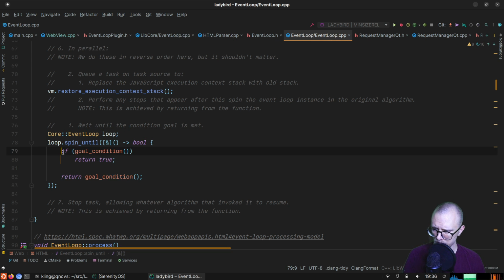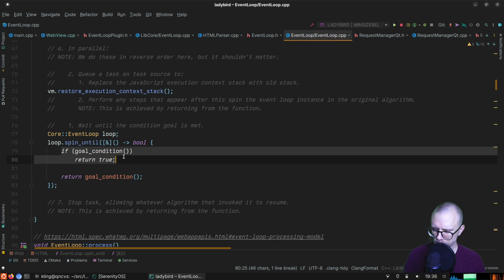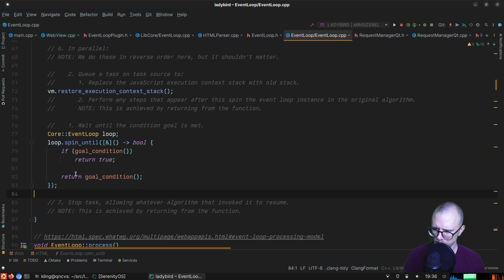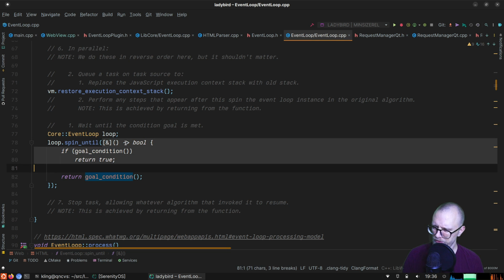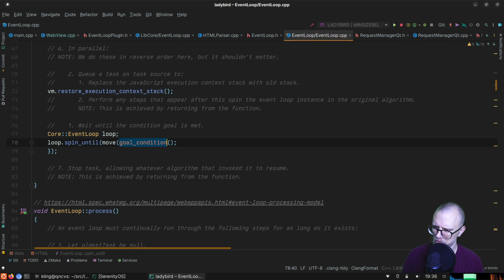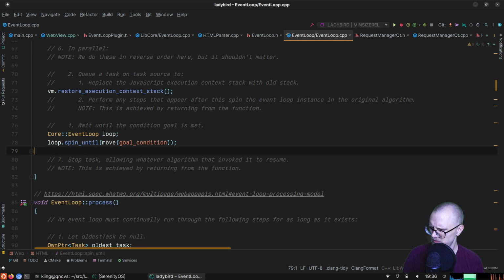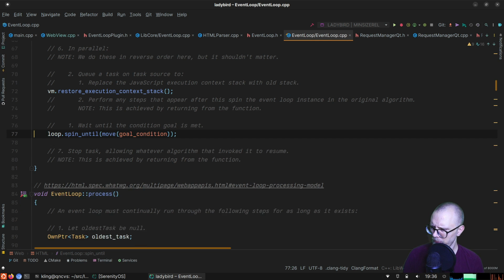Also, this code looks kind of weird. If goal condition, return true, otherwise return goal condition. Okay. I feel like that could have just been move goal condition. Anyway,